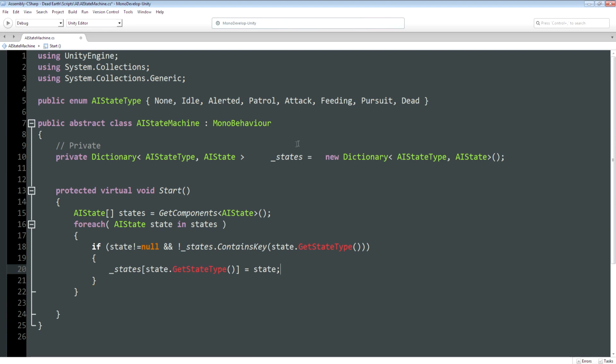So just to recap, in case you're not really used to using dictionaries, we're saying give me all of the states on this game object, and then we're going to loop through each of those states and examine each one at a time. And while we're iterating this loop, the current state that we're examining is called state. And we say assuming it's not null, and assuming our states dictionary doesn't already contain a state that is stored in the dictionary with the key of this state type, then store in the dictionary with a key of this state's type